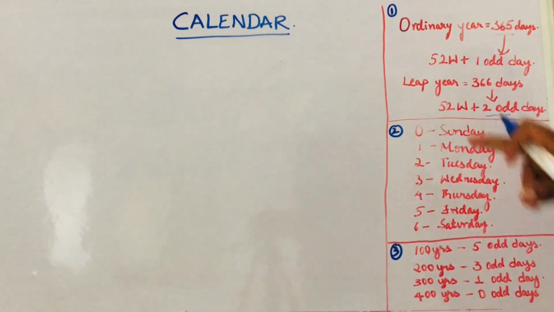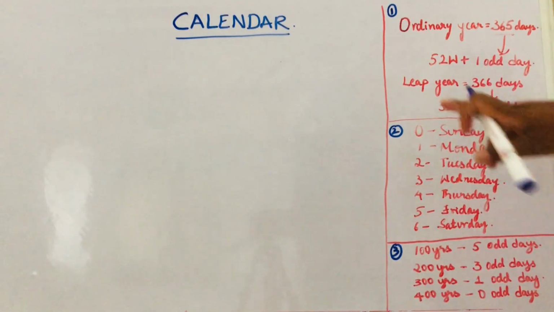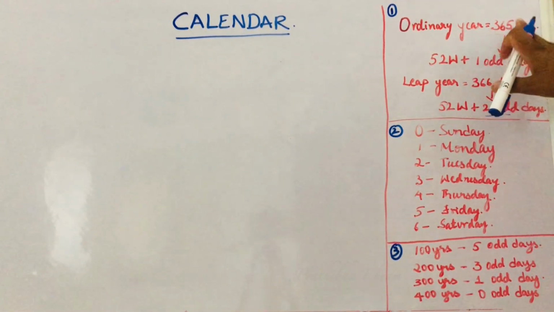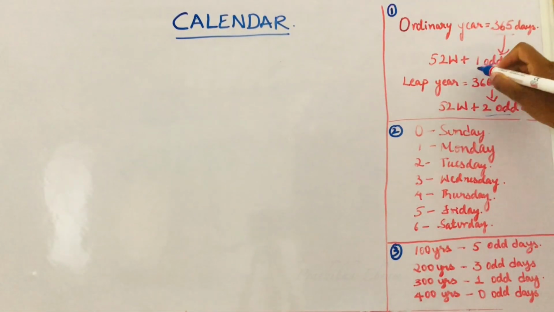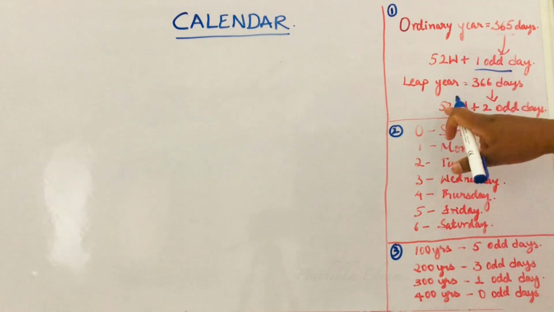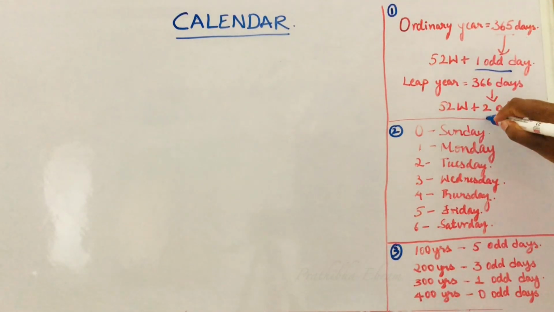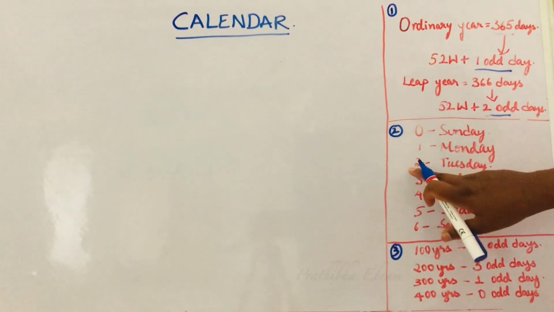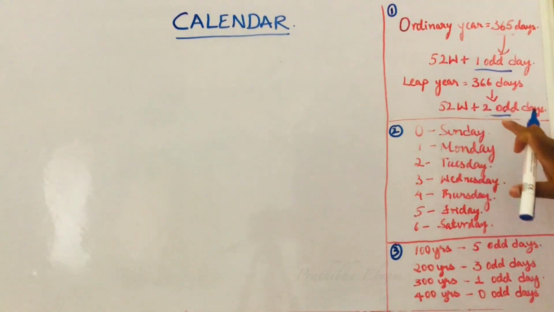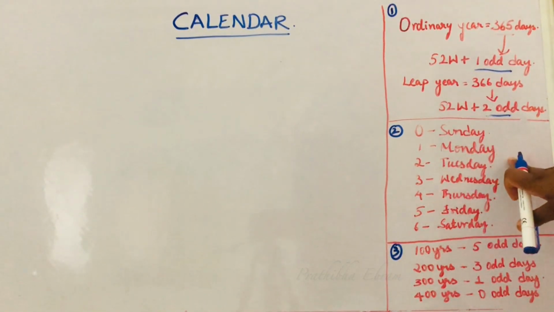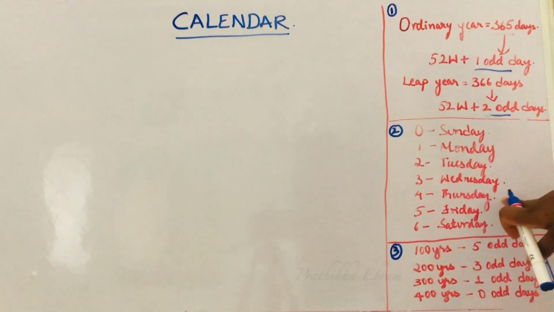In the first video we have seen three important points. In the first one, an ordinary year has 365 days, which can also be represented as 52 weeks plus one odd day. In a leap year we have 366 days, which can also be represented as 52 weeks plus 2 odd days. The second point is that each and every odd day represents its respective weekday. That is, 0 represents Sunday, 1 represents Monday, 2 is Tuesday, 3 is Wednesday, 4 is Thursday, 5 is Friday